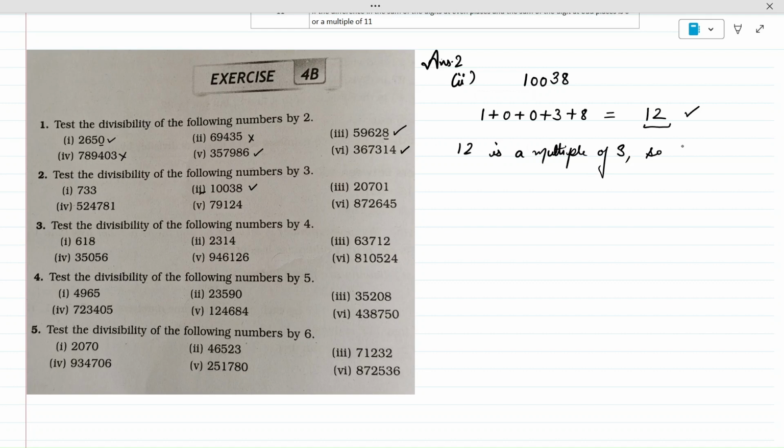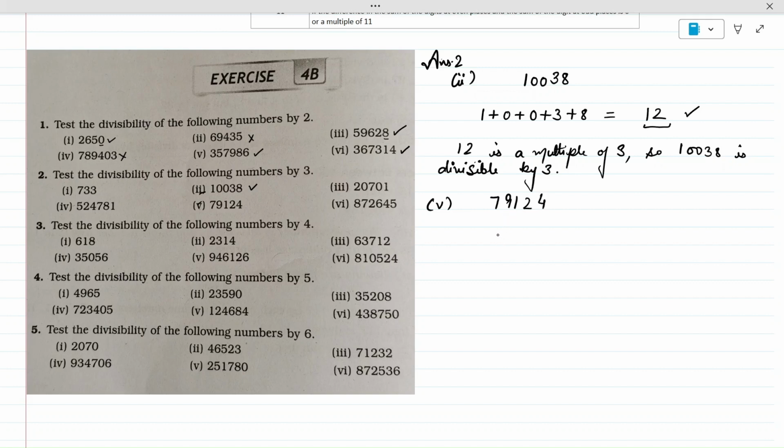So 10038 is divisible by 3. Done? Next. Next I'm going to pick this number, which is fifth part,